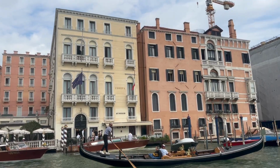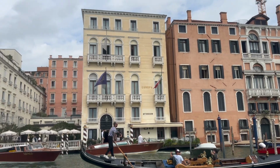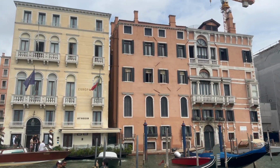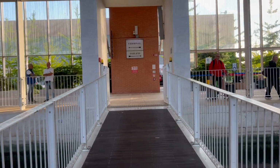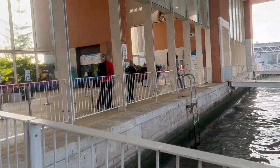Good morning, everyone, from one of Italy's most breathtaking cities, Venice. Later on, in a few hours, we'll be hopping on board United's 767-400 in Polaris business class across the Atlantic. Enjoy the trip report. To reach the airport, you'll have to take a boat from the Venetian lagoon, which arrives